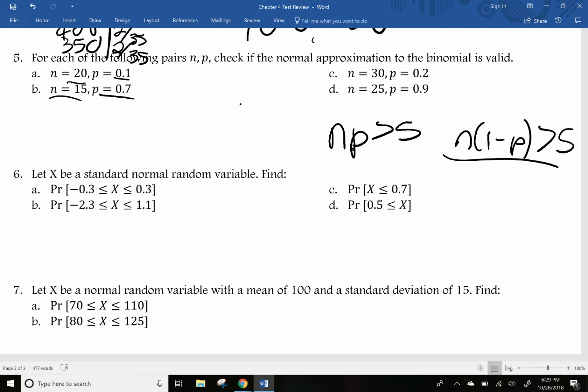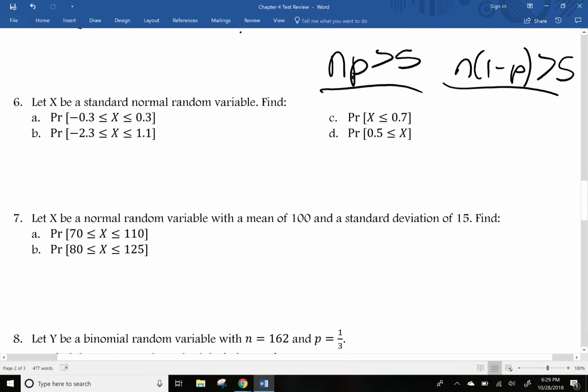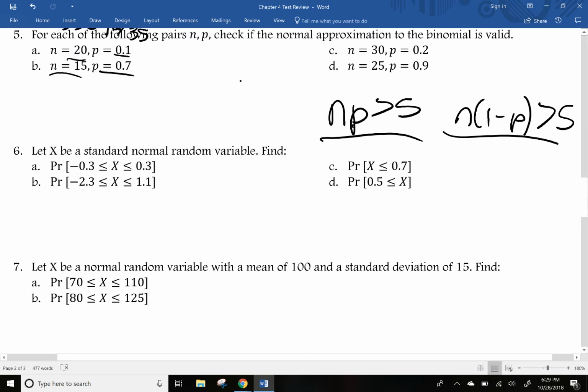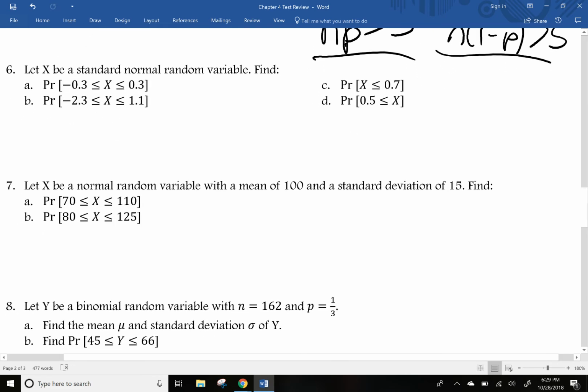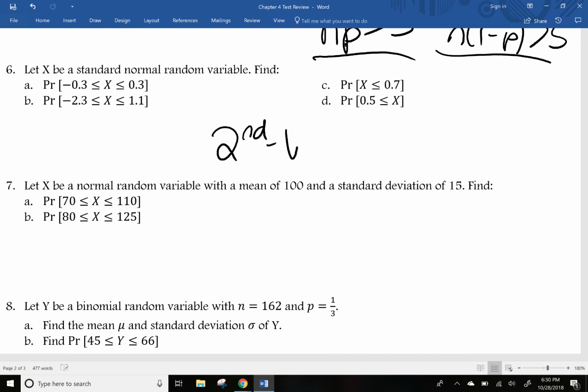So, I think you guys can handle how to do this. I'm just going to move along and let you answer them because it's basically just plugging in the numbers and seeing if it's bigger than 5 or not. So let X be a standard normal random variable. Find the probabilities here. So this is just going in your calculator and hitting the second vars, which brings you